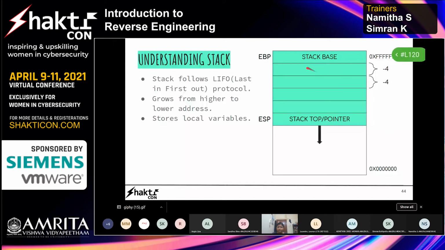Inside your program there are stack frames. So what are stack frames? You have a main function, and a stack is built for that particular main. Inside the main you are calling some functions. For each of those functions, a separate stack frame is built inside that main function. We'll see more into that.